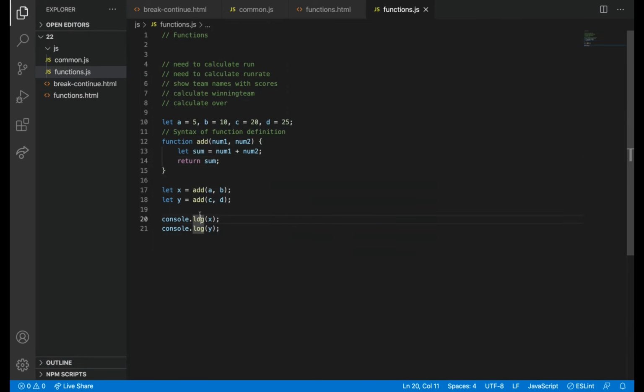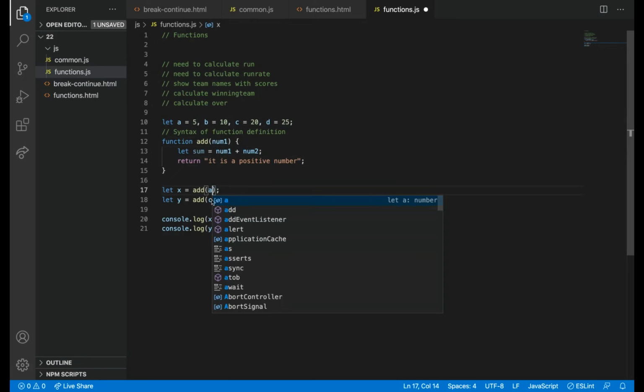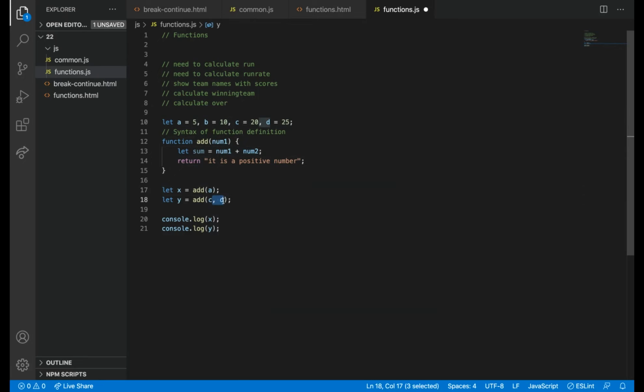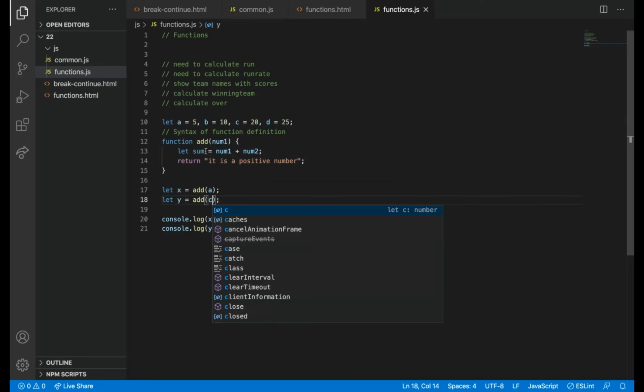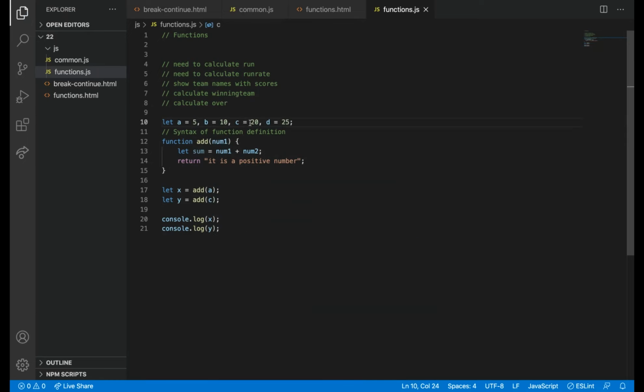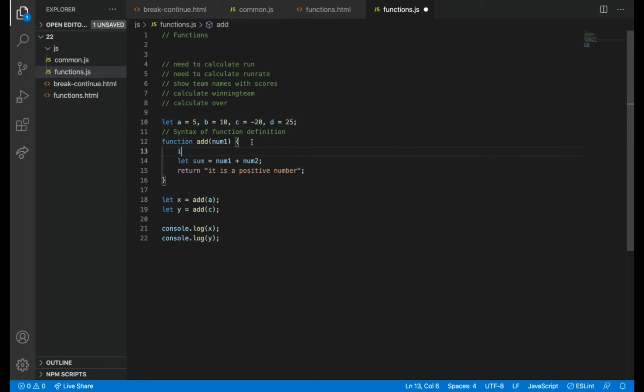and we can do it like this. When we use this, it is a positive number. Like if I'm getting only one number, and then I'm just checking whether it is a positive number or not.